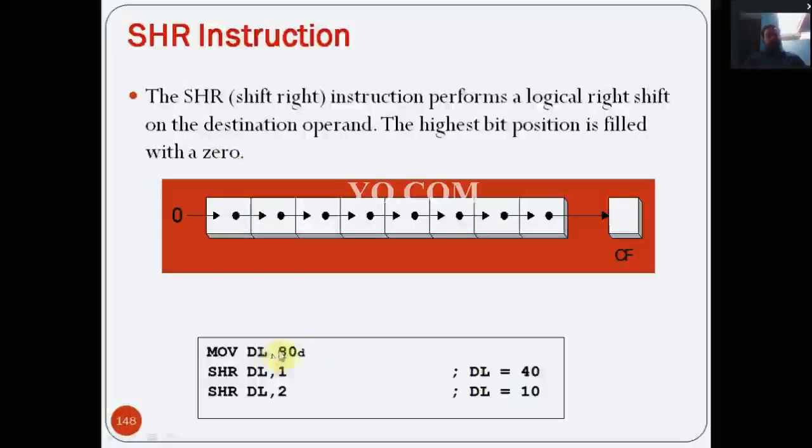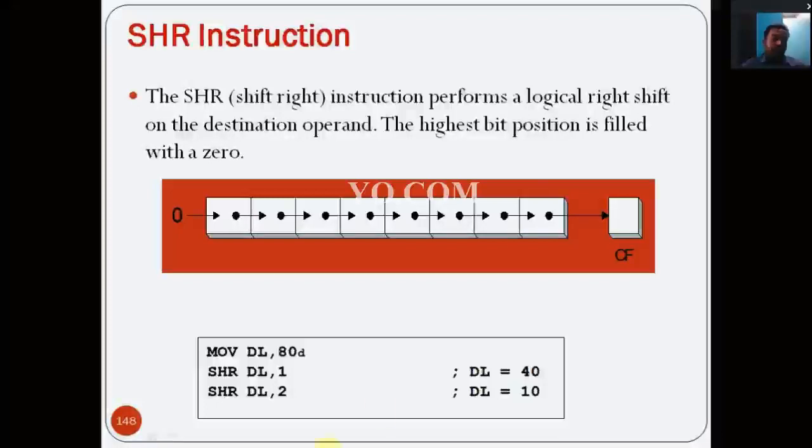So dl equal to 80, the input is 80. If we shift once, the data is divided by 2. Left shift means multiplied by 2, right shift means divided by 2. The 80 shifted right one time is equal to 40. That means the data is divided by 2.